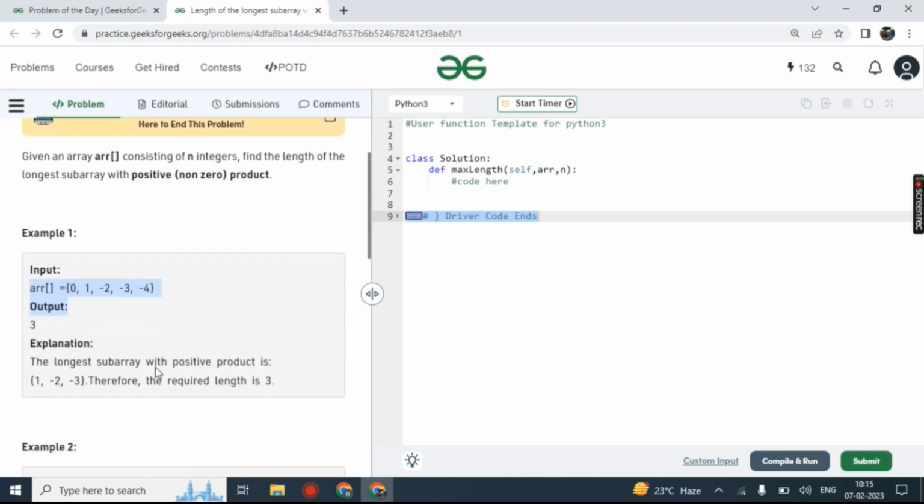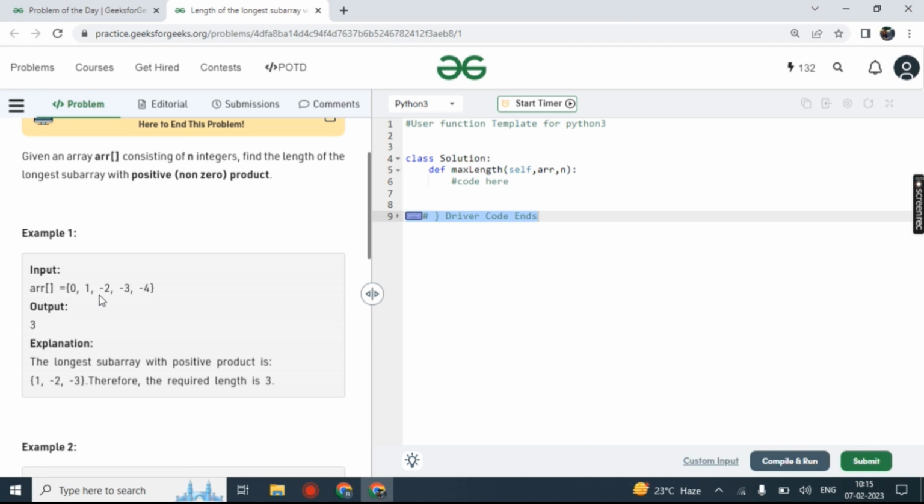Okay, so what we can see here is 0, 1, -2, -3 and -4, right? If we take any product with 0, then that is definitely 0, so we can't select 0. And let's say if we select 1, then 1 times -2 is -2, so it's not fine. We also need to select one more negative value to make it positive.